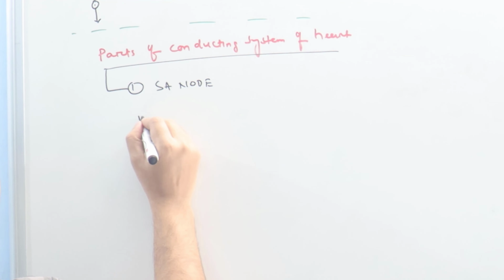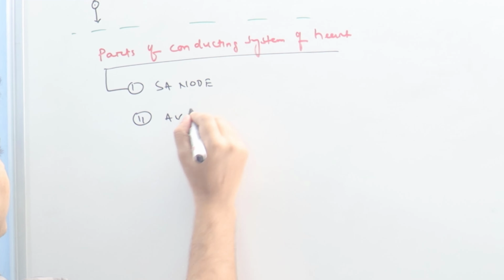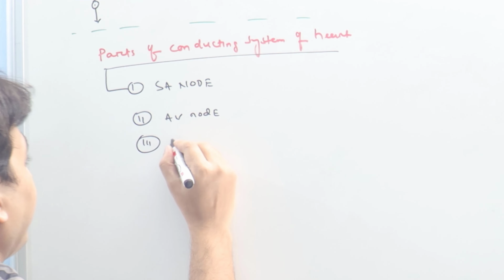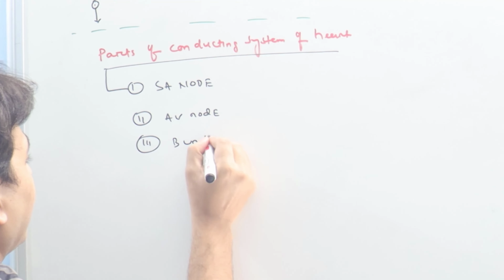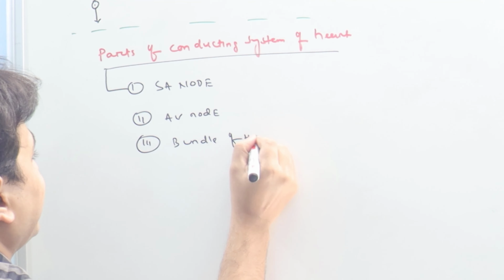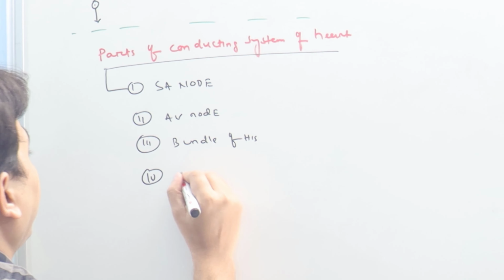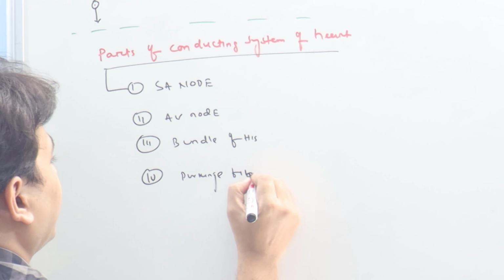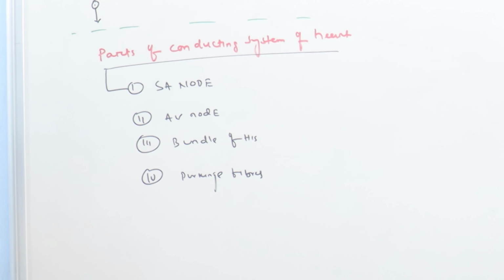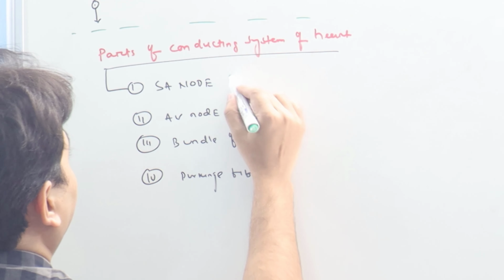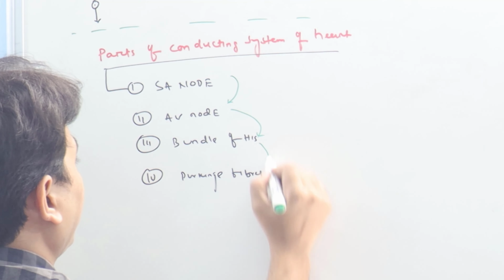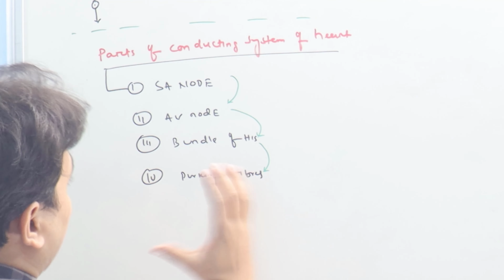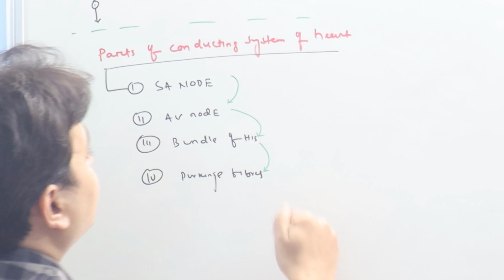Number two, AV node. Number three, bundle of His. Number four, Purkinje fibres. And also the electricity travels in the same direction, right? So let us discuss how it is actually produced inside the heart and how it is manifested on the